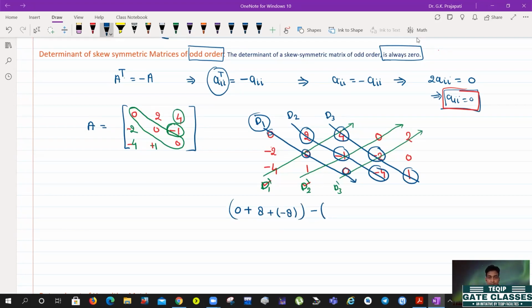Now we multiply the elements of diagonal D1 prime, that is -4 into 0 into 4, this will be 0, plus